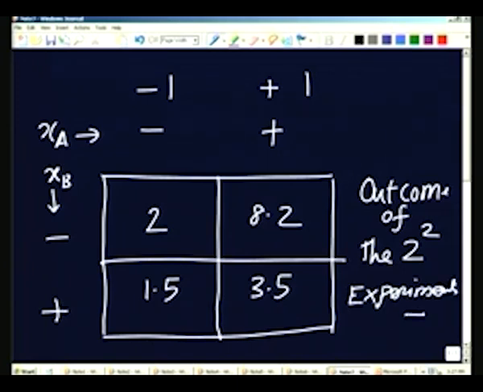So, the outcome of the 2 squared experiments are 4 experiments, minus plus, these are the values of the factors, these are the levels, and then these are the values 2, 8.2, 1.5, 3.5. Of course, this table itself immediately tells me that somewhere here I have a likelihood of getting good finish,